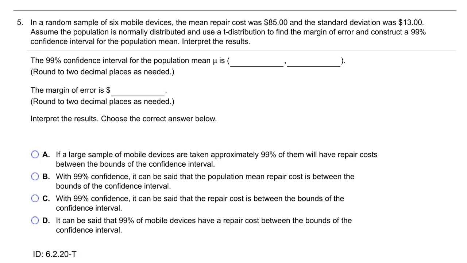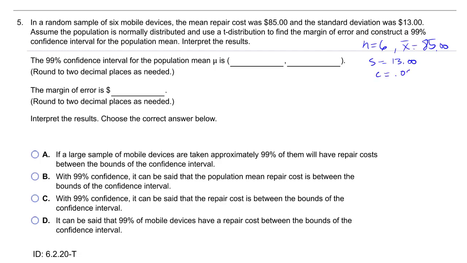For our next example here, a random sample of 6 mobile devices, so n is 6. The mean repair cost from that sample is x bar of 85. The standard deviation from that sample, so s, is 13. Assume the population is normally distributed, use the t-distribution, and construct a 99